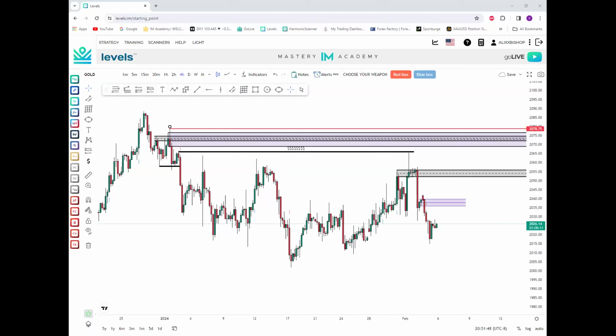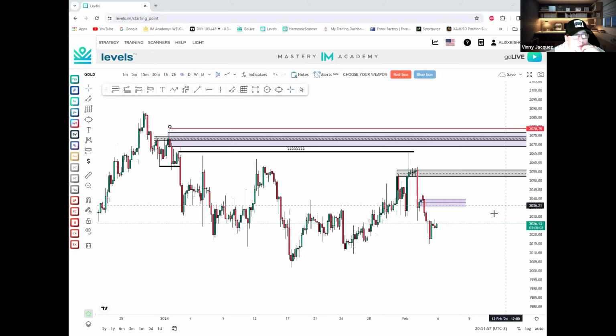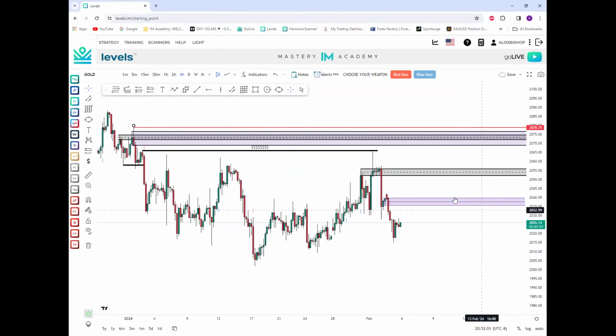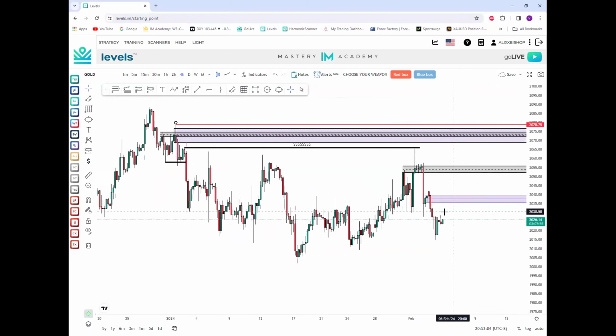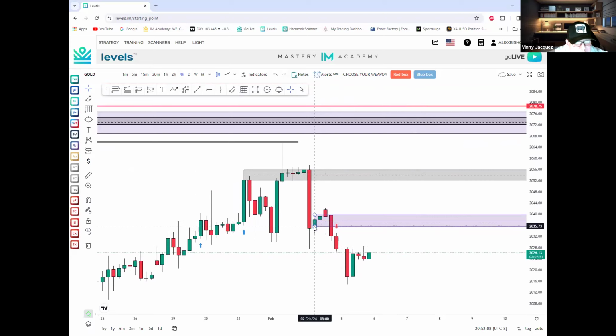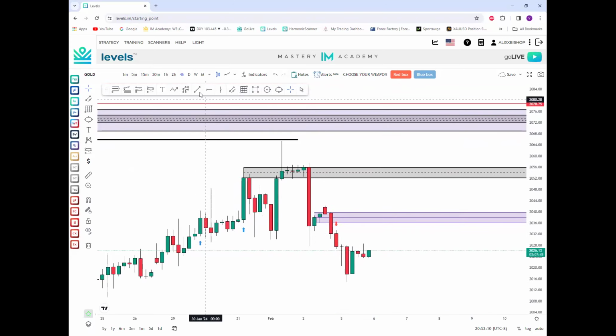Can you explain that again, please? Explain what, bro? Where you put the purple box, where we could look for sell opportunities. Okay, I see 2 purple boxes, bro. Which one are you looking at? This one, yeah. Can you zoom there? Okay, so I'm looking at an opportunity here